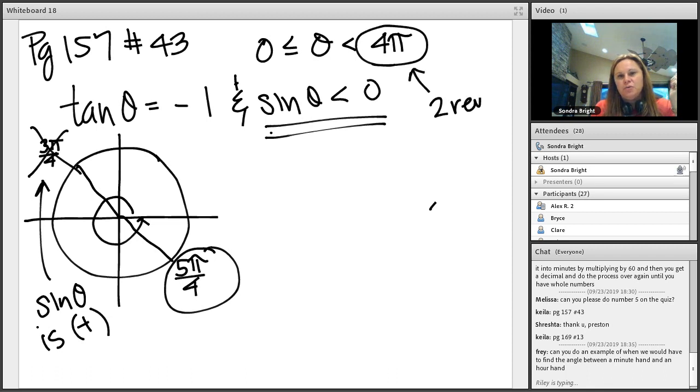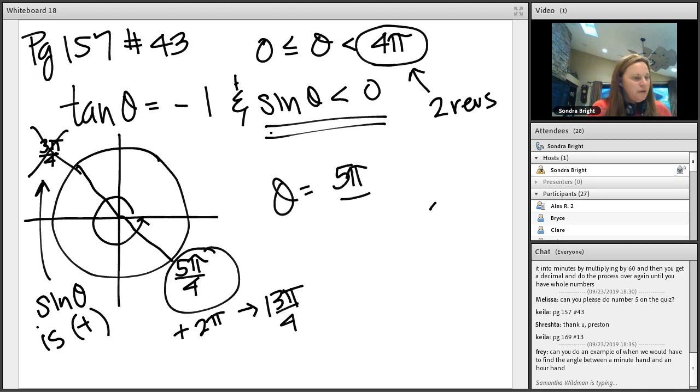You're going to do 2 revolutions around the circle, which means it also happens at 5 pi over 4 plus 2 pi, which would be 8 pi over 4. So 8 pi over 4 plus 5 pi over 4 is 13 pi over 4. And so your answer is 5 pi over 4 and